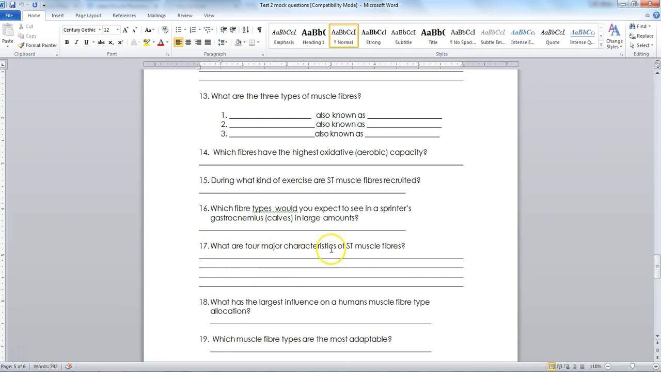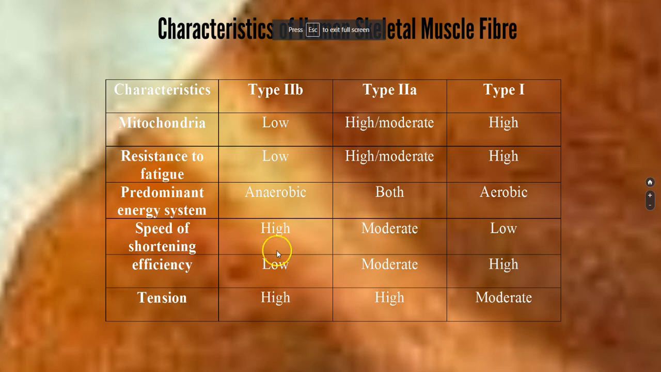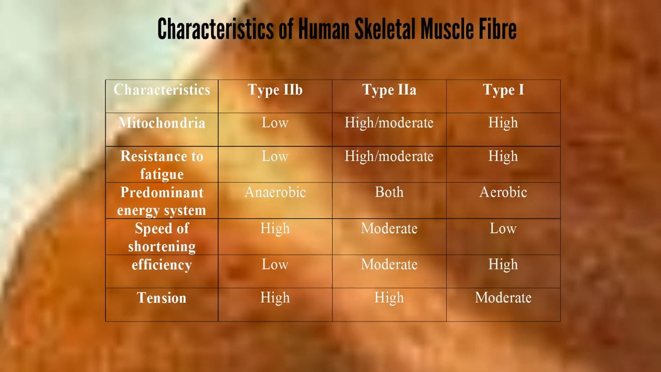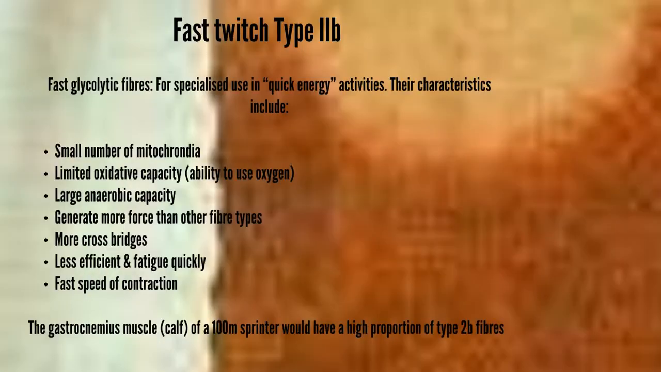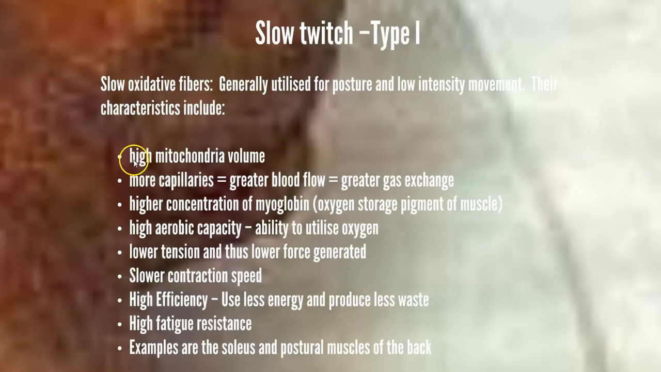What are the 4 major characteristics of slow twitch muscle fibers? And again, you can stay on your page there. I'll just go back in to the key slide there so we can get our spellings and things there. If I just drop back to slow twitch, we're going to write in high mitochondria, high capillaries, high myoglobin,